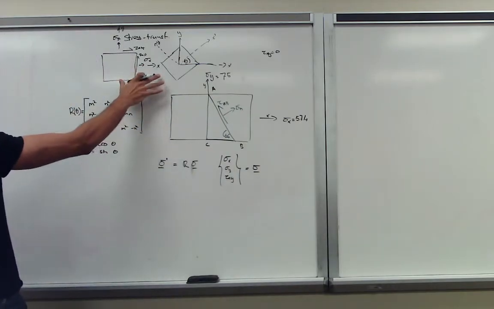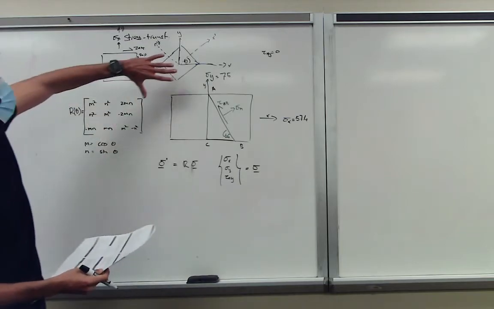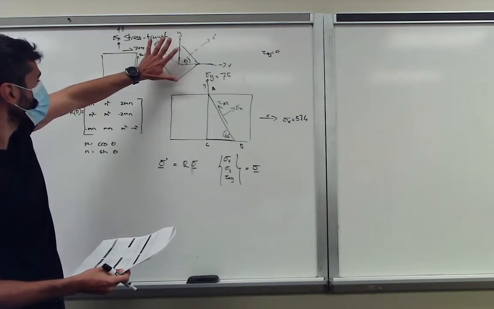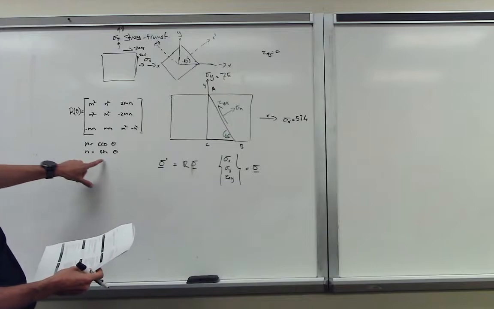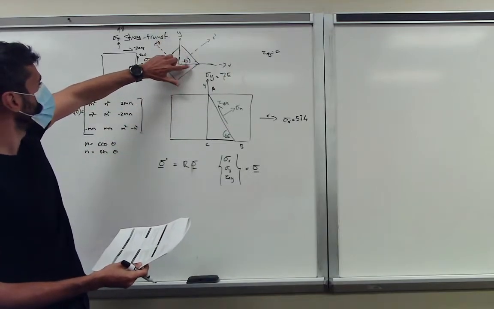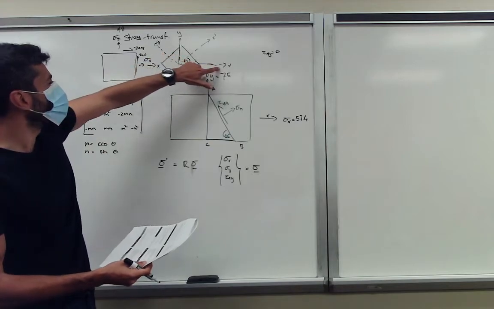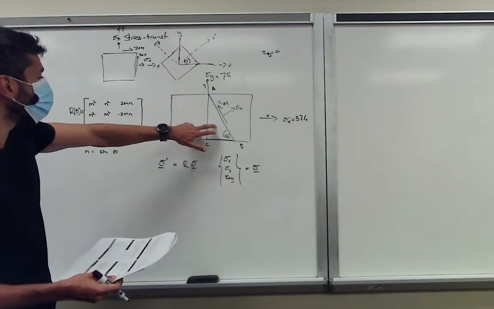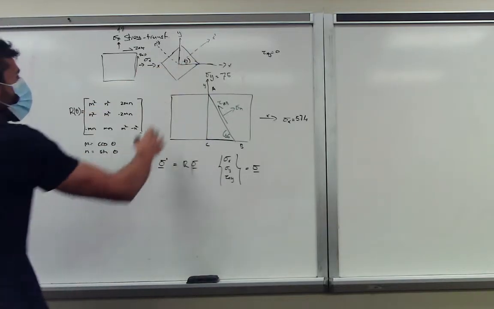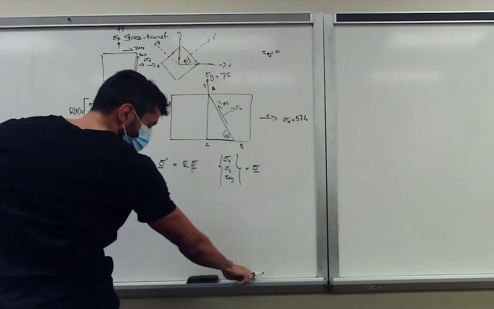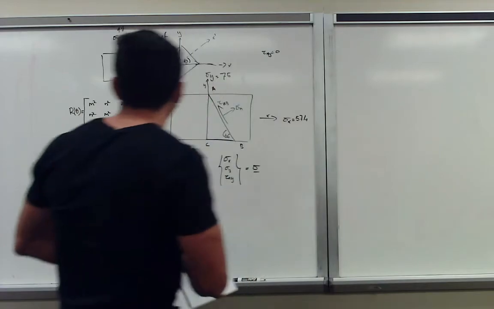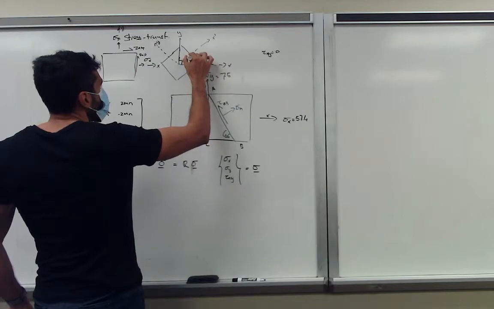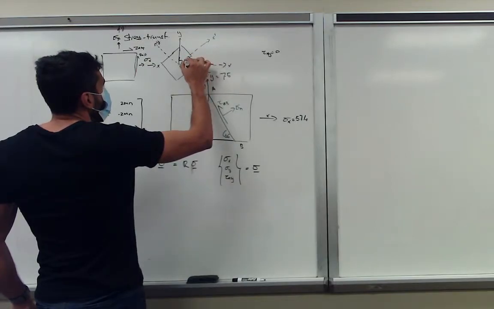So there's a reason why I redrew these two figures. We do the rotation basically counterclockwise. Theta, as it's defined here in the rotation matrix, is the rotation angle between our regular axis and our transformed axis. So if you look at this angle, or this triangle, well, we can say this is 90 degrees, and this intersection is 90 degrees as well. So basically theta